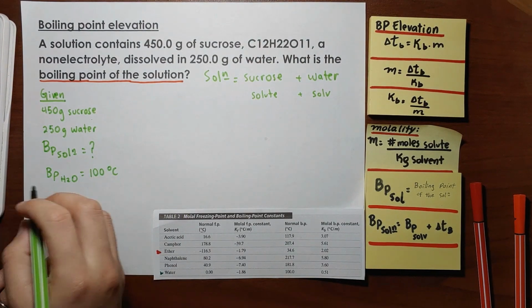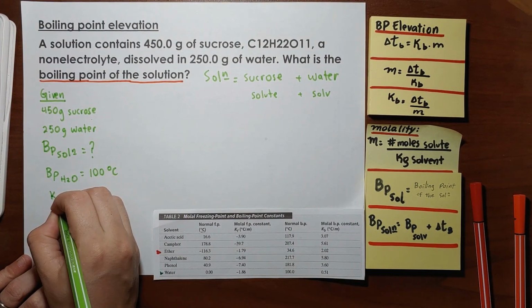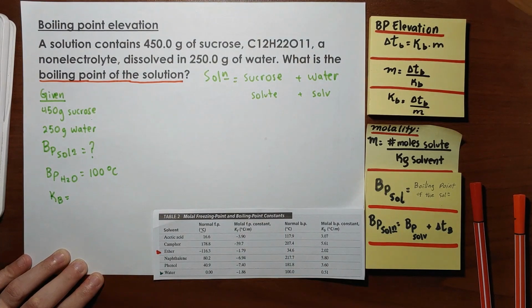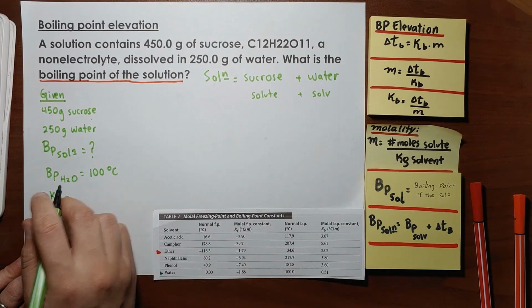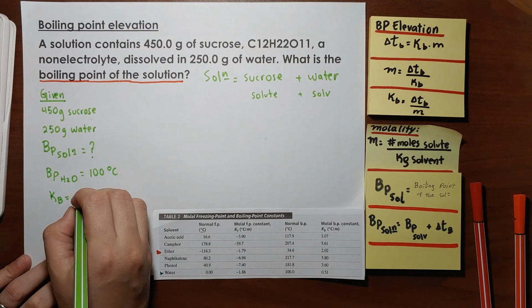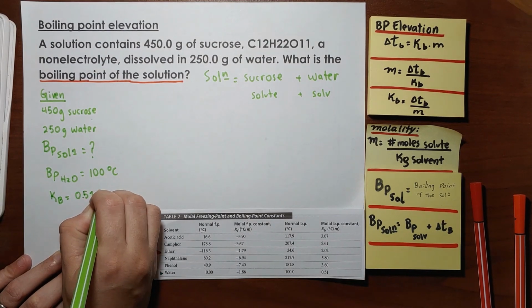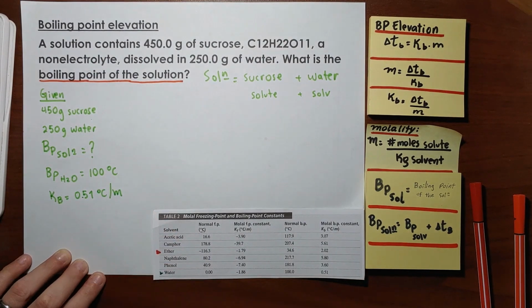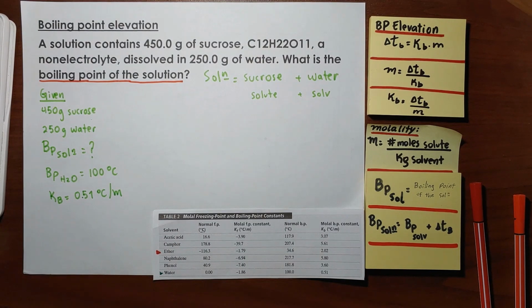and Kb, or the constant of boiling point, well, it was lowercase b, sorry, is 0.51 Celsius per molar concentration. So,